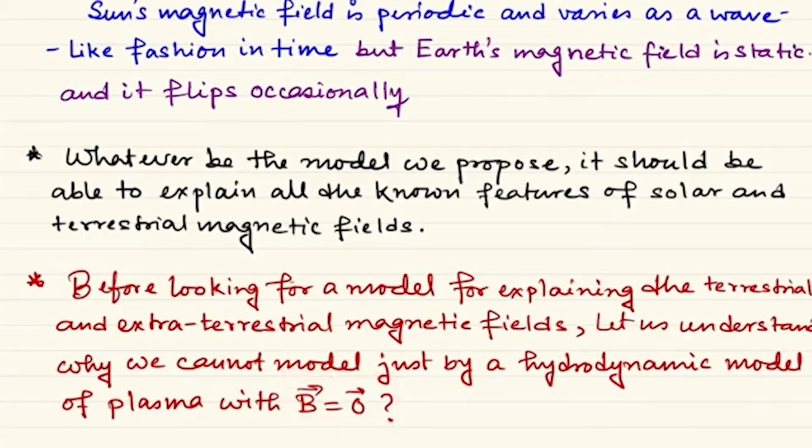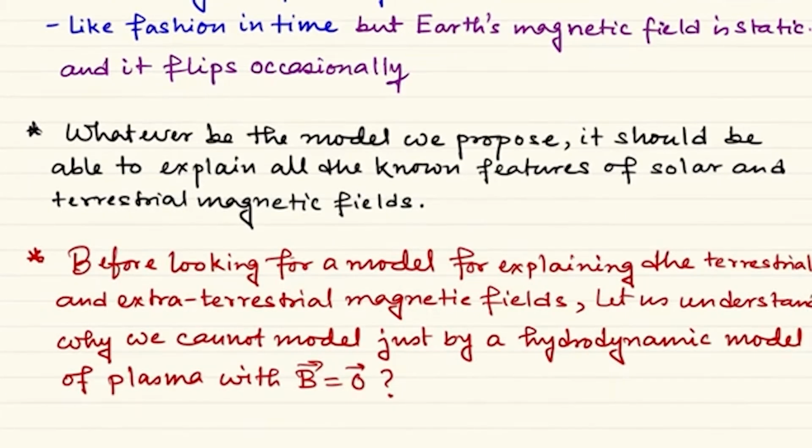Okay, so the electric field is non-zero, but the electric force is 0. So finally the total system should behave in a monofluid framework. The total plasma should behave like a hydrodynamic fluid. Why is this not possible? Well, of course, the first point is that by observation we have already found strict evidence of magnetic field in various cases, as I just mentioned.